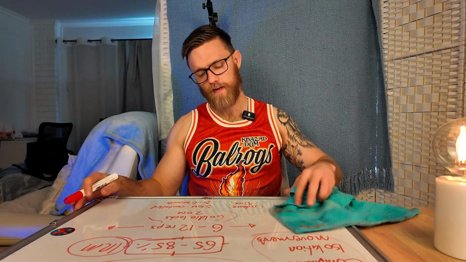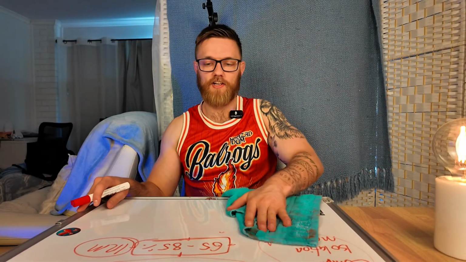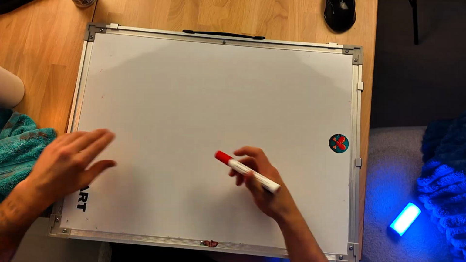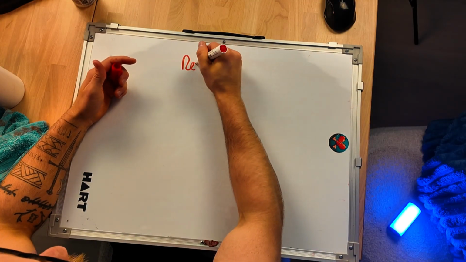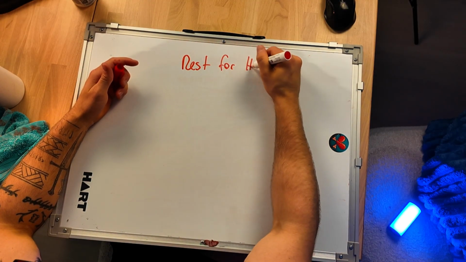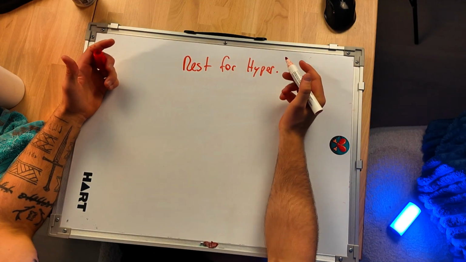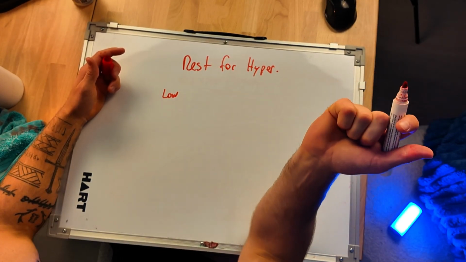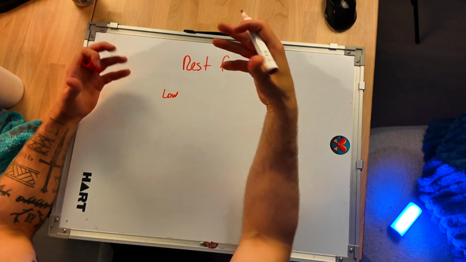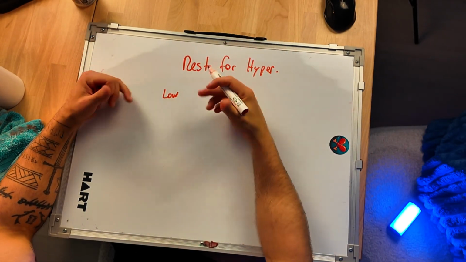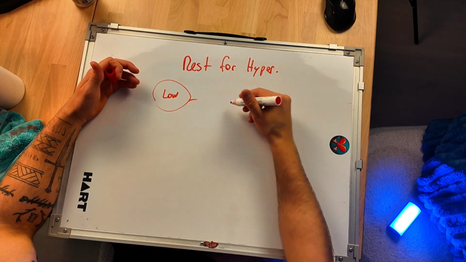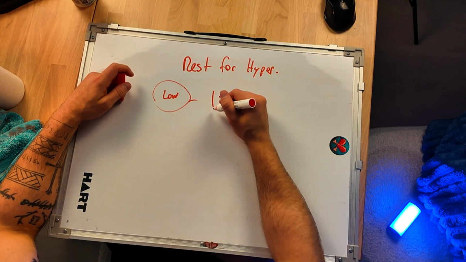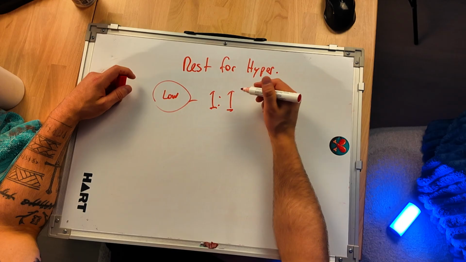When it comes to hypertrophy, our goal is to have as much metabolic stimulation as we can, or muscle stimulation as we can. So rest in this case will vary a little bit. So rest for hypertrophy, I like to go off the rule that if something is lower intensity, let's say I'm focusing on just isolating a bicep, since it's not very big, it won't generate too much elevated heart rate, so it's not too challenging. It's a lower intensity activity. Lower intensity activities get a rest ratio of 1:1, meaning if it took them a minute to do it, we're going to give them a minute rest.